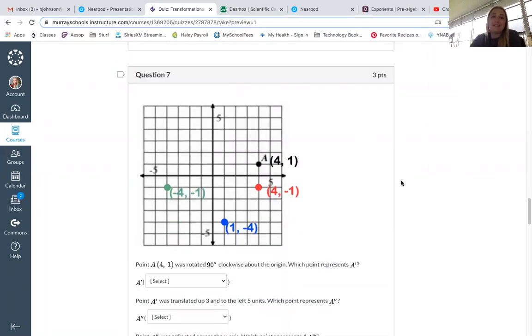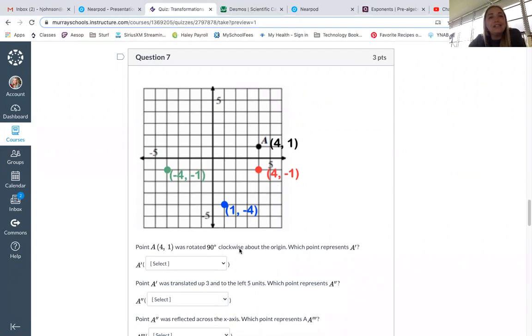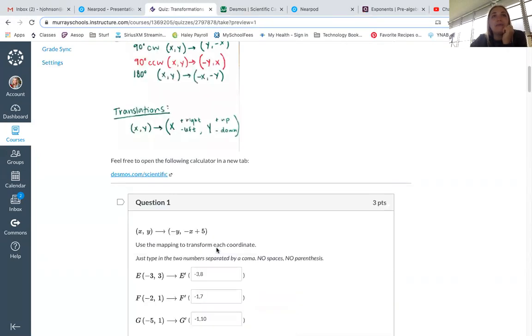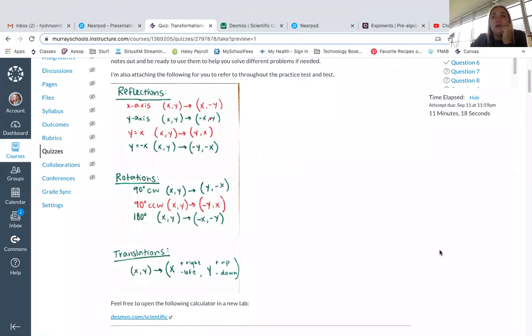On problem number 7, point A, which is 4, 1, was rotated 90 degrees clockwise about the origin. Which point represents A prime? So I am going to use my mapping for 90 degrees clockwise, and I'm going to transform 4, 1. So I'm going to come back up here, find my 90 degrees clockwise. That is y, -x. So I'm going to write that down, y,